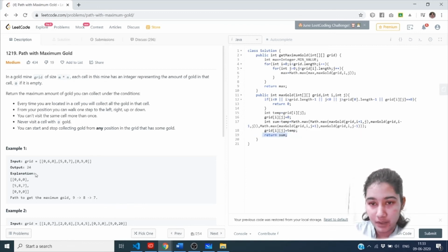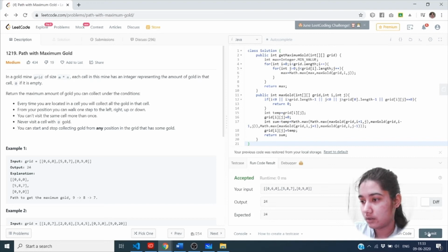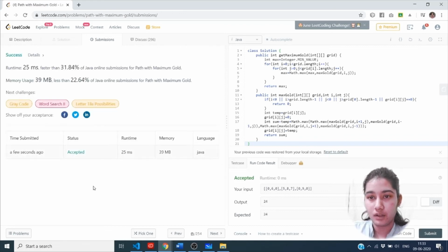After returning the sum, as we can see in this condition for 6 it is 9 plus 8 plus 6, which is not the maximum of all, so we will keep on iterating over the next elements until we have found the maximum value of all, and then return the maximum value. Now let's have a look over the test cases, as we are done with the test cases now. Now let's submit and check if it is running or not. So yes, the solution has been accepted. And here is the code for the question.